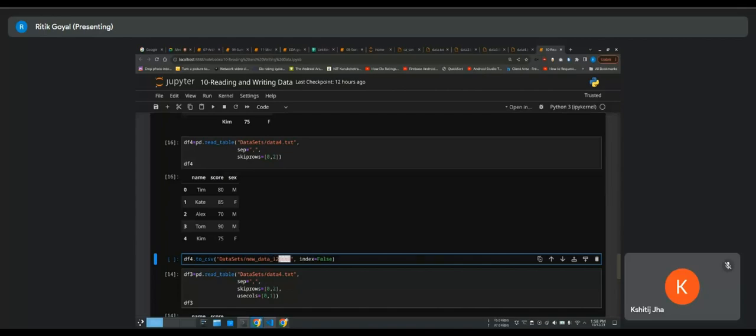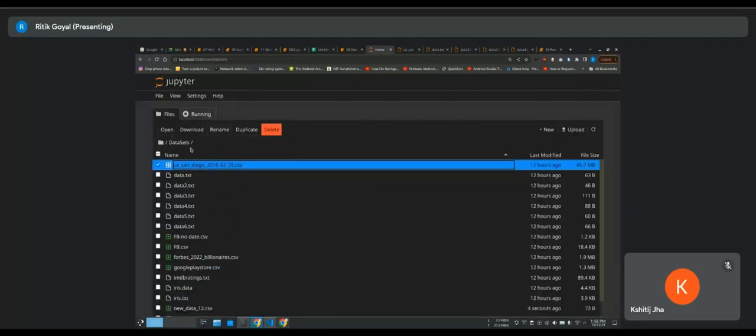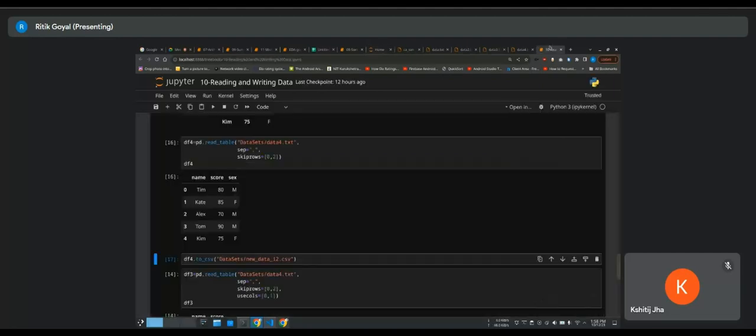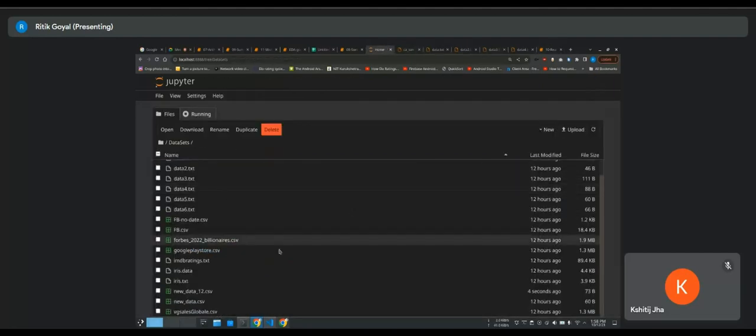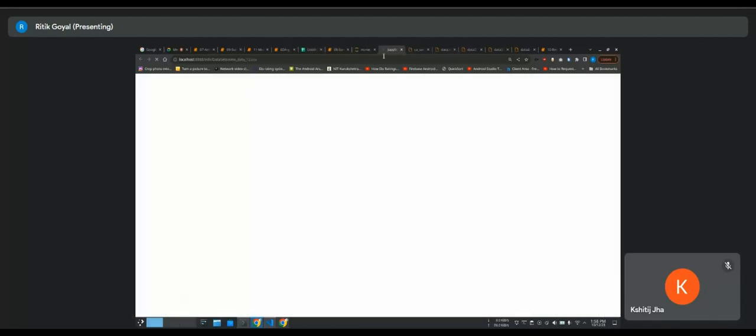See here, I'm saving it as a CSV, and let's remove this one so that you will get the understanding. I did that, it got saved. I'm going back to the folder. Yeah, so see, you get the CSV file generated. It was generated 14 seconds ago. So if I click that,